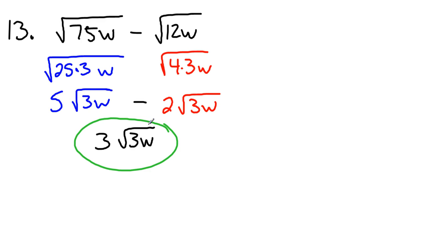Okay, so 12 and 13, addition, subtraction. Key thing is, again, you have to have the same thing on the inside of the square root. Once you have that, you add or subtract whatever you have on the outside. For 14,